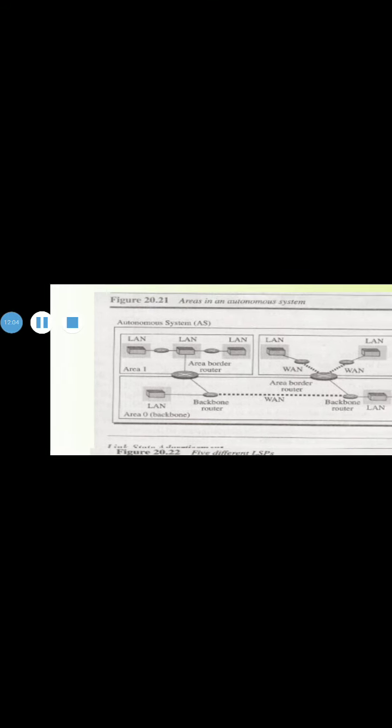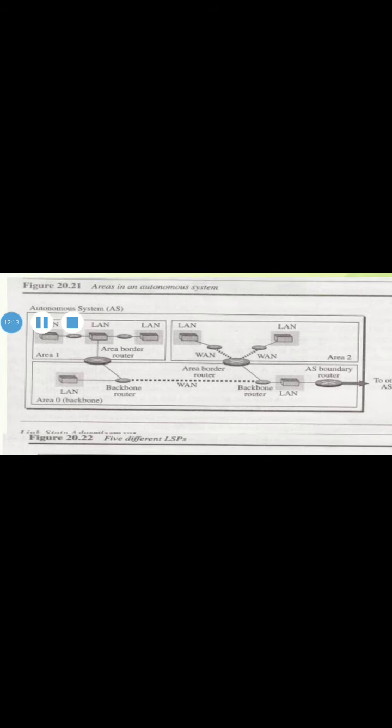So these are the diagrams. The 5 different LSPs. Transient link, point-to-point link, and stub link make up the router link. Next, network link: the network is advertised by a designated router.